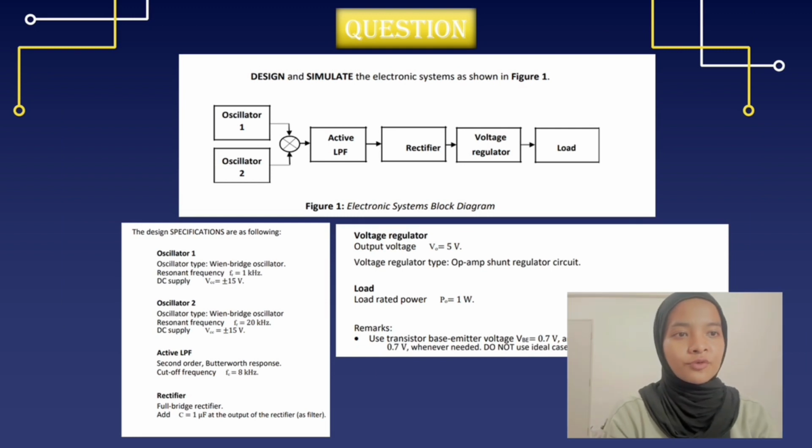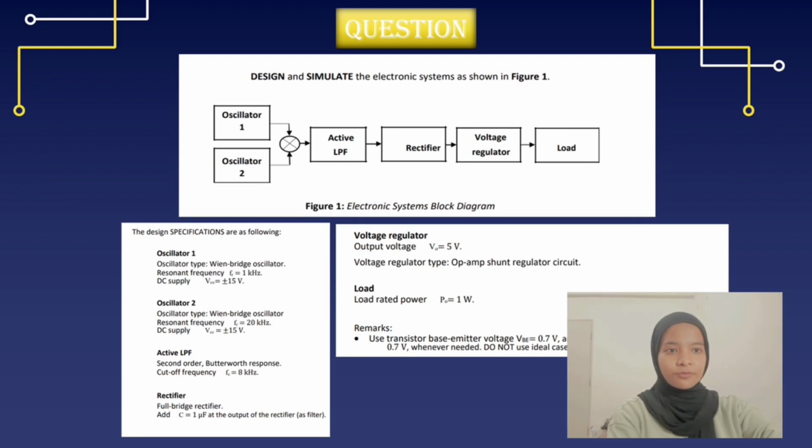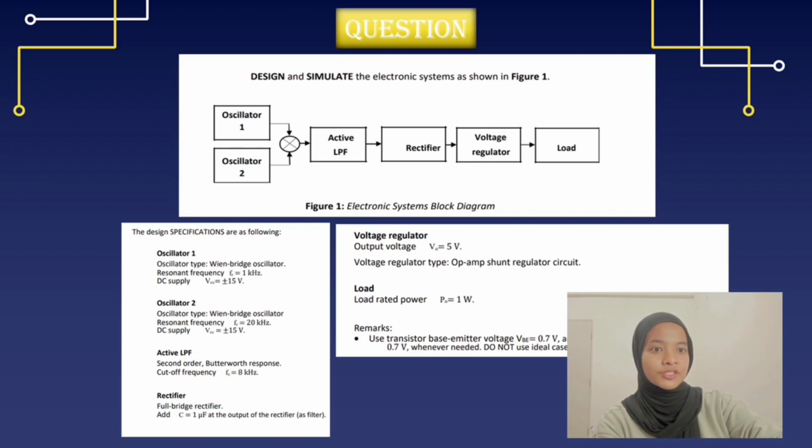Now we move to the questions. Based on these projects, we need to design and simulate the electronic system as shown in figure 1, which is, we need to construct a circuit consisting of oscillator 1, oscillator 2, active low pass filter, rectifier, voltage regulator, loads,